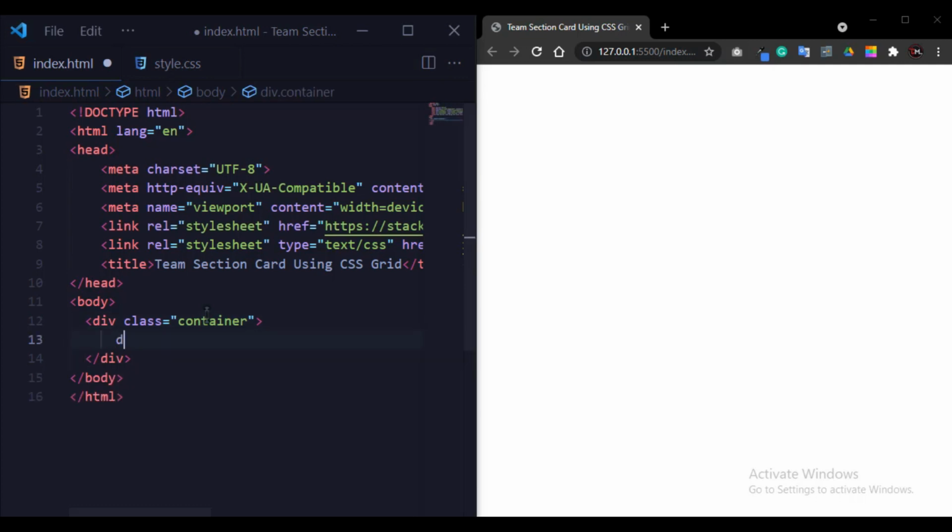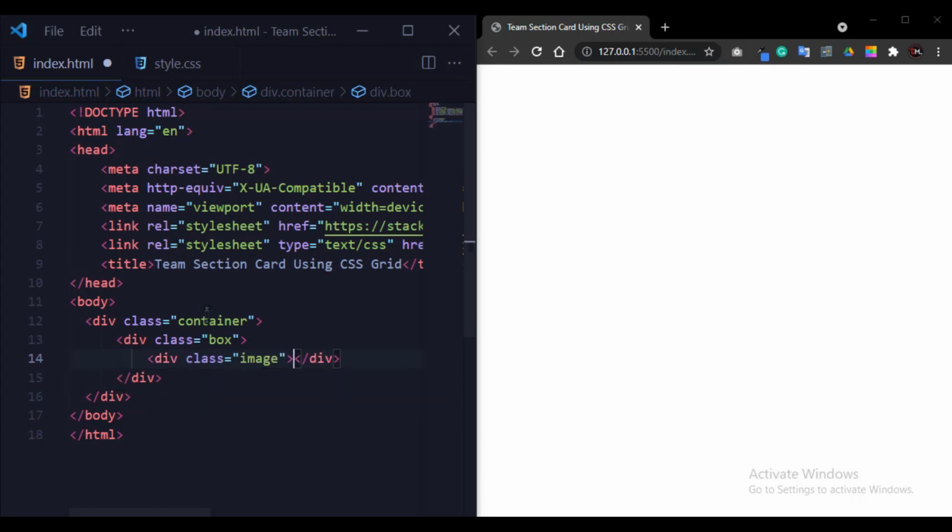Now I will again write a div with the name box. Div class box is the first div in which I will put the first card. We will create the first team section card.